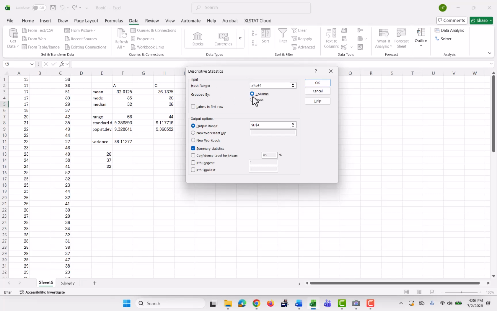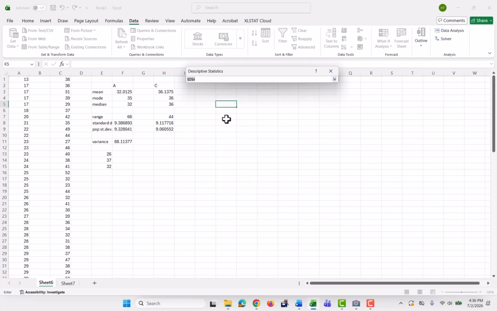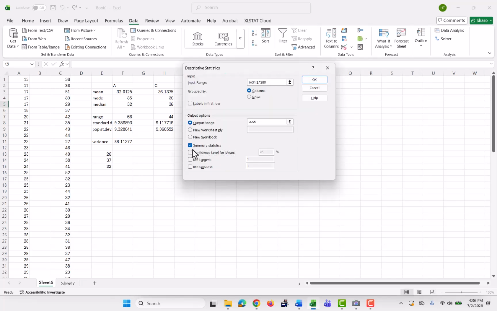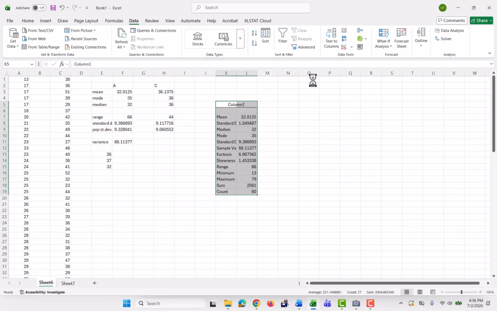Grouped in columns, so that's telling it to stay down the column. The output range, we're going to click there. I'm going to put that right here. Then I have to select. Now I've already selected summary statistics here, so I'm just going to leave that selected. If you don't select anything, it's going to give you an error when you click OK. So summary statistics, hit OK, and here it gives me exactly what I found over here, my mean, my median,